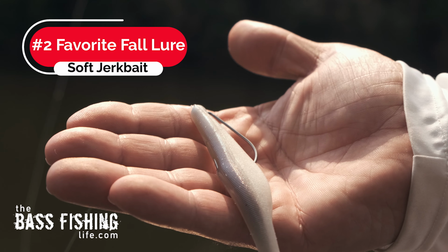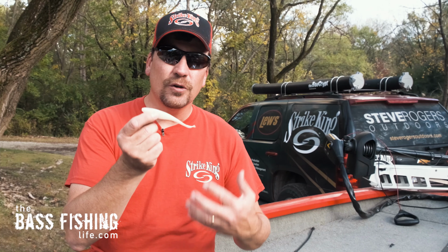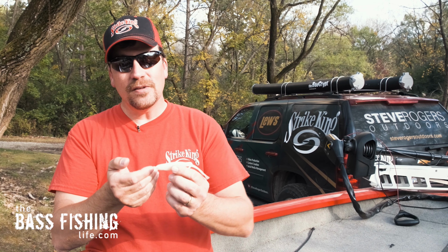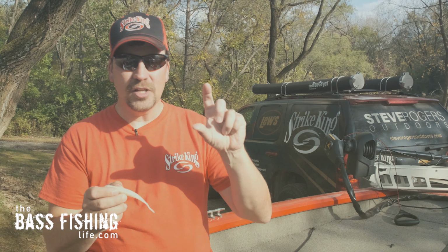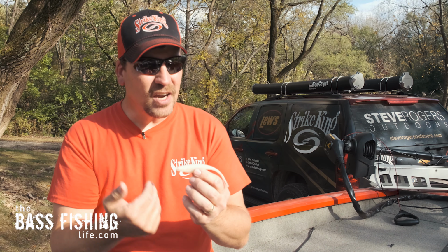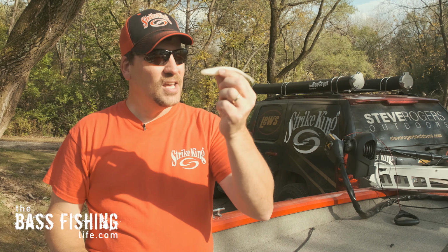My number 2 choice, if I've only got 3 lures with me in the boat, is going to be a traditional 5-inch soft straight-tailed jerkbait. And the reason being is I like to throw this weightless in the fall. It is an excellent lure for skipping up underneath docks, skipping under overhanging brush, and fishing really, really skinny water. I mean, you can get this so shallow, and it just has a very enticing action to it when it falls. So I can skip it up underneath the dock and just let it fall like a dying baitfish